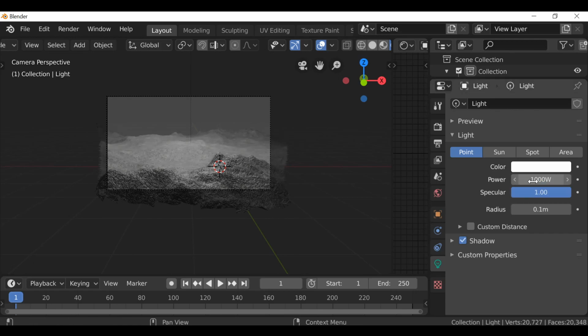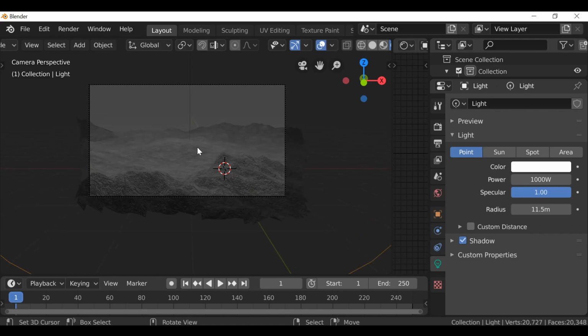But I'm going to set this back to 1000. Instead, I'm just going to increase the radius. So something like that, because the idea I have in my mind is this kind of gloomy sci-fi planet surface. I don't know, it's hard to explain, and hopefully it turns out how I imagine it to be, but that